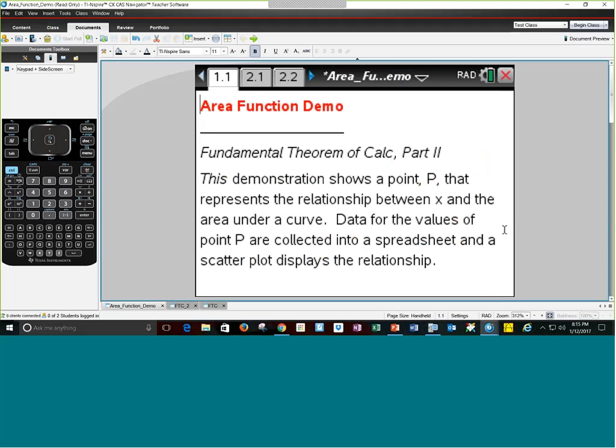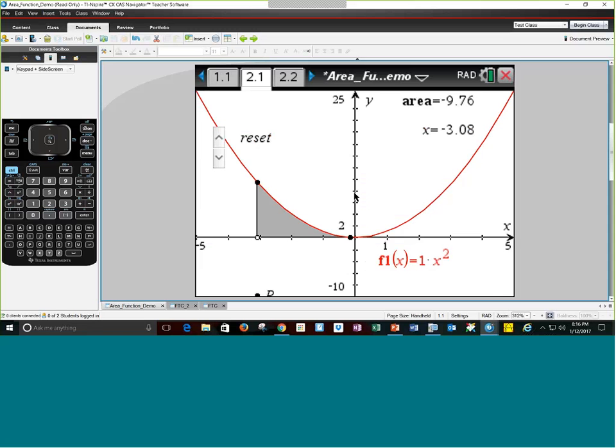So if you think about what we just did on the 84, and we didn't do a lot of it, but I think you saw enough that you can kind of get a sense of what would happen. It was a little tedious to collect all the data and then enter the points into the spreadsheet, but the end result is quite an aha moment for students, that they can actually see that function that's representing that antiderivative.